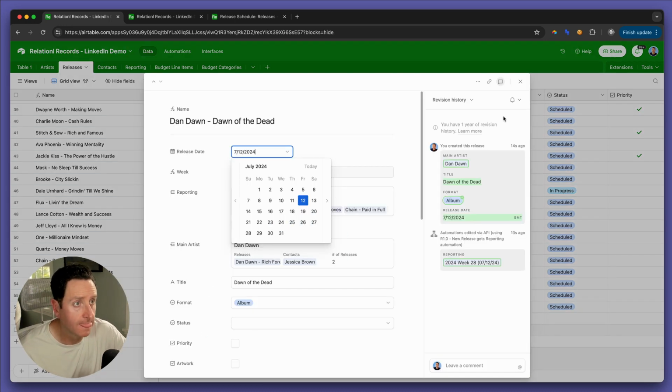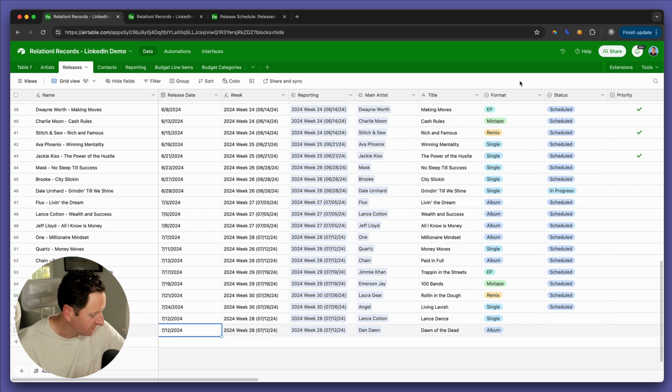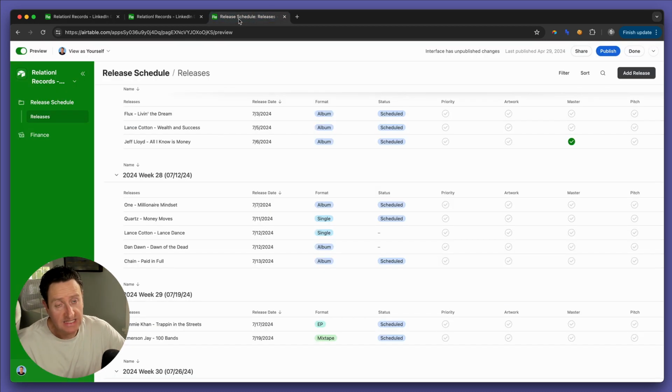Hit the space bar. Look at the revision history here, and you'll see I created the release 14 seconds ago, but then a second later, that automation, R1.0, copied and pasted for me. Super, super powerful stuff. Next and last thing we're going to do in this special sauce video is clean up